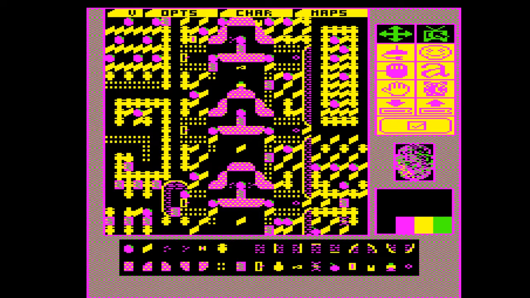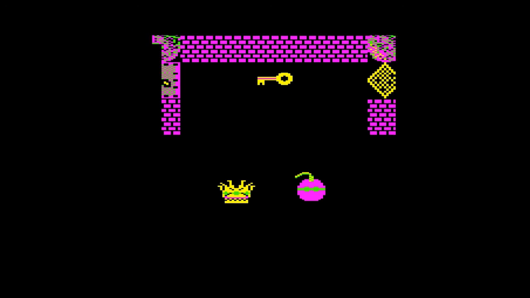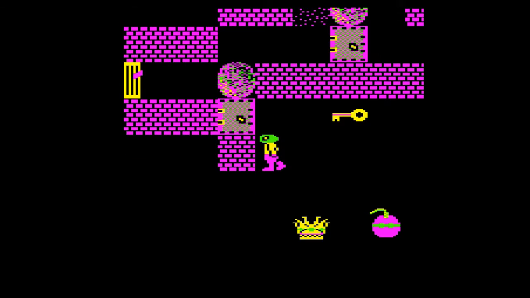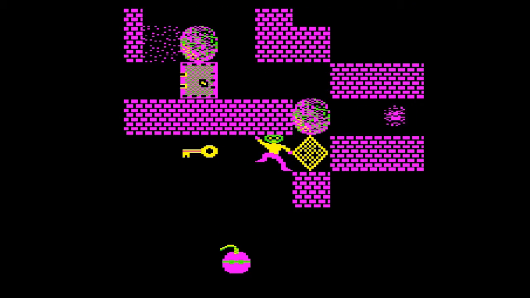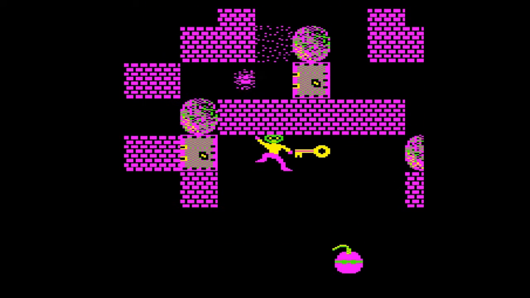Hello, so let's have a look at level D now. Here you can see I've got laid out the basic unit of the level, this kind of UFO design, in a way, that's what I'm going to call it. So the general idea is you move the diamond, so the spirit can go up here, and then we have to collect